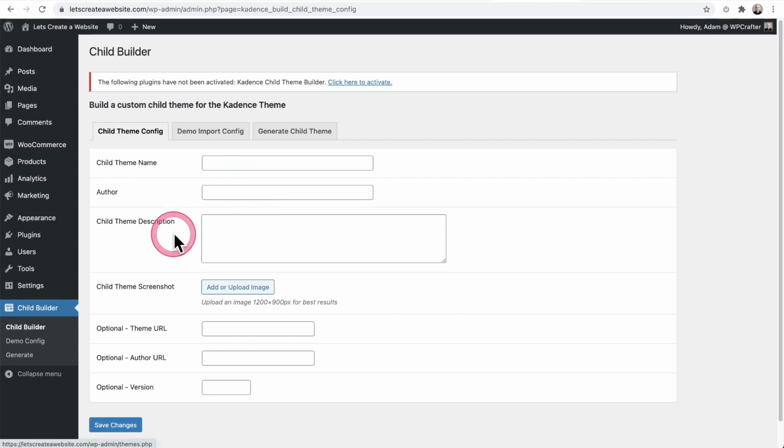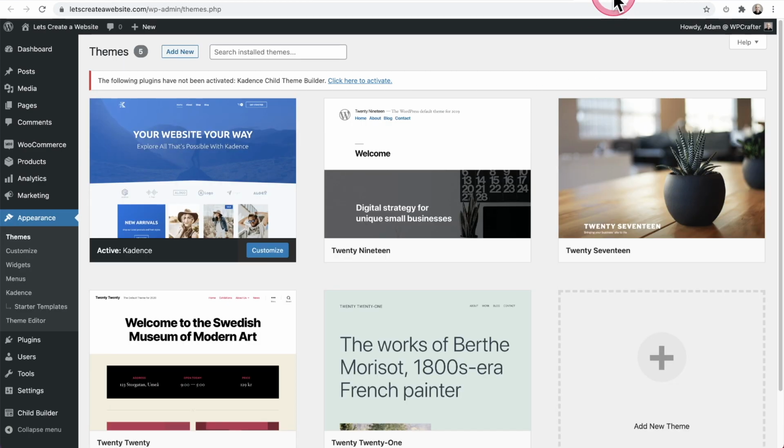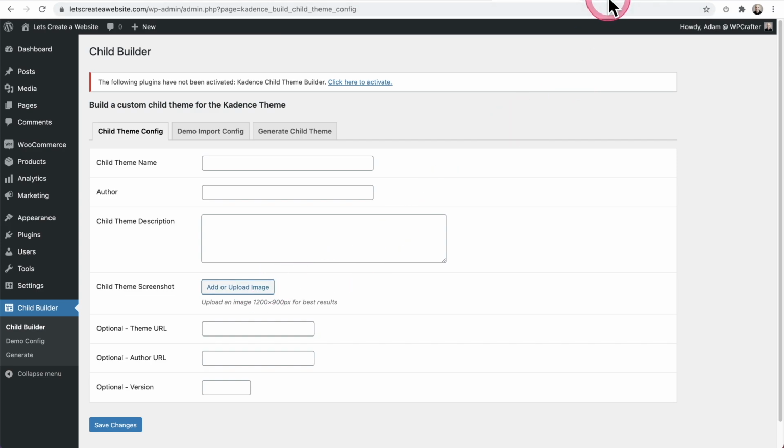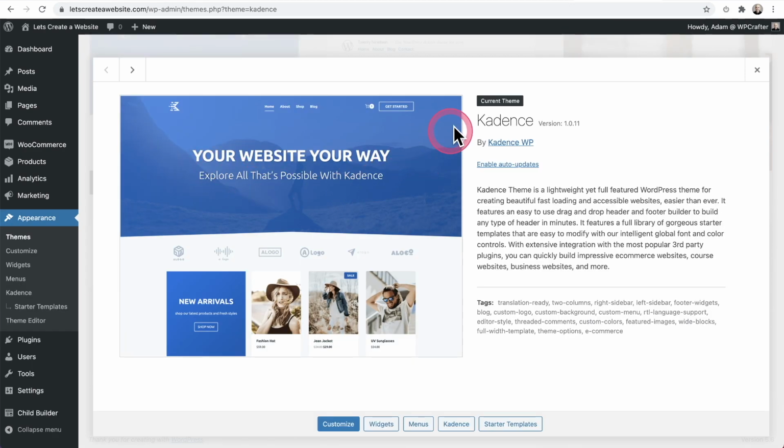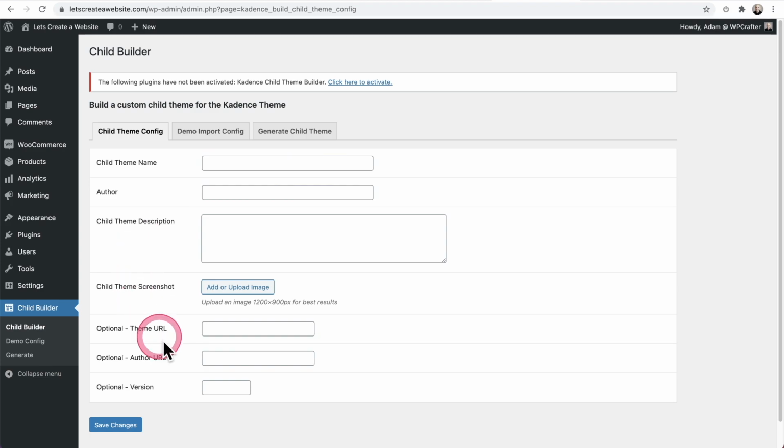Now, this first bit of information here, you've actually seen before. All of this is going to generate what you're used to. So here's a list of themes. So one of them was the thumbnail image right here. That's what you're going to enter right here for the image. And let me go ahead and click on this. And so the theme name, the theme version, this link here, this description, all of this, you're just filling out very simply right here. Don't worry if you make a mistake because you can always come here and change it and then regenerate your child theme. Then you're going to go ahead and save changes.